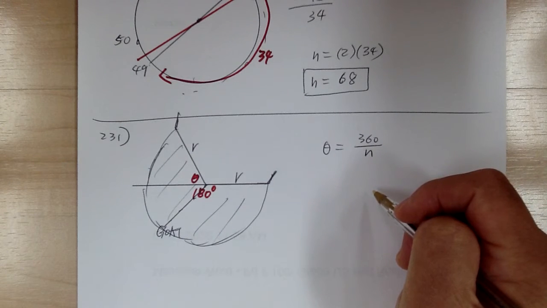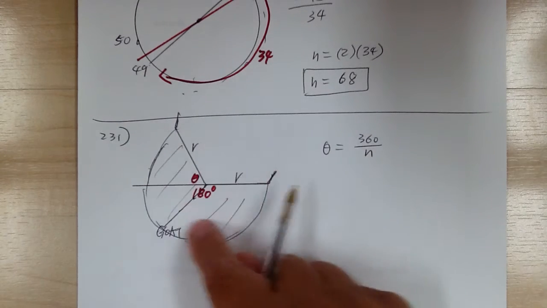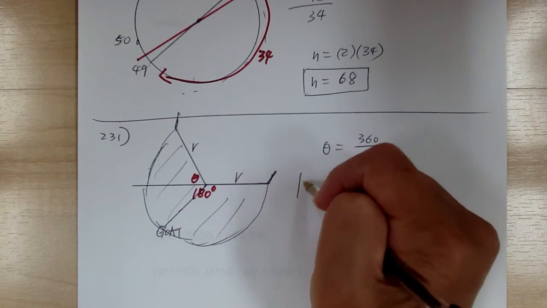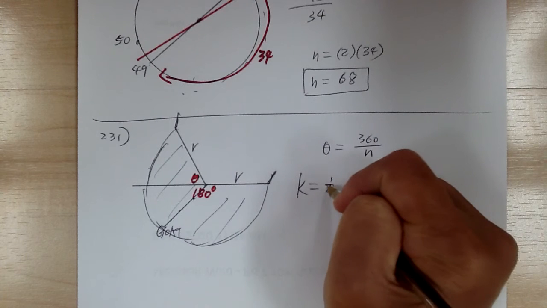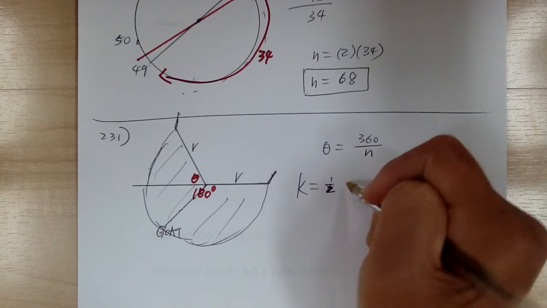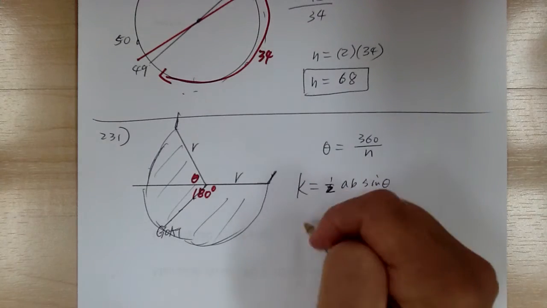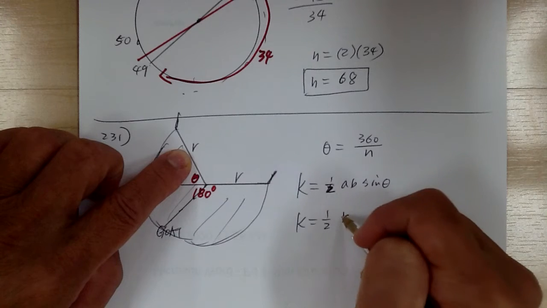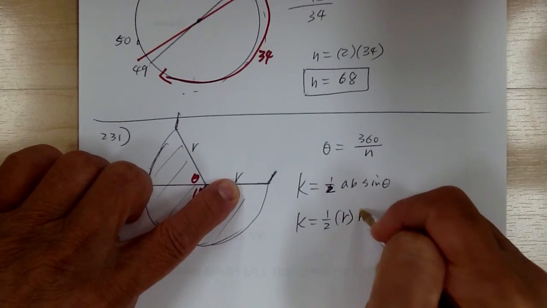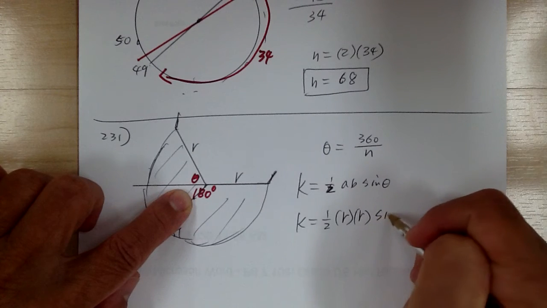And the area of these is equal to 1/2 AB sine theta. Okay, that's a formula. So equal to 1/2. A is the side, so it'll be R. B is the side, so it'll be R. Sine theta would be sine of